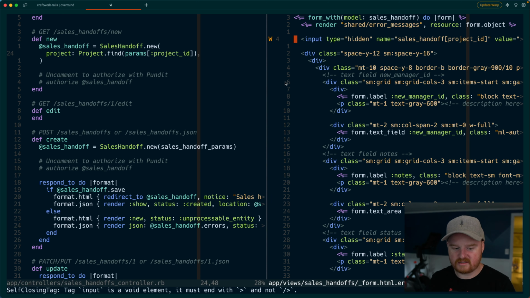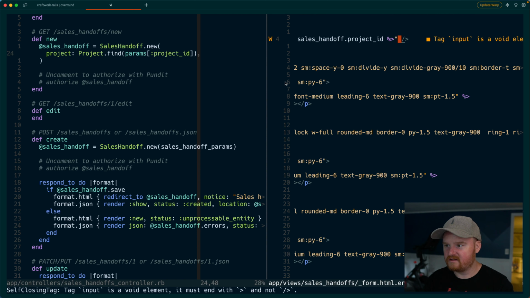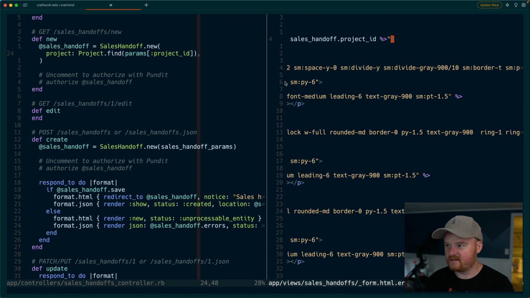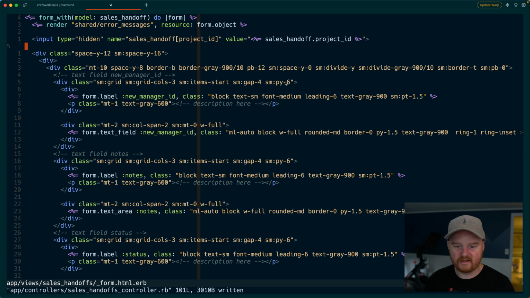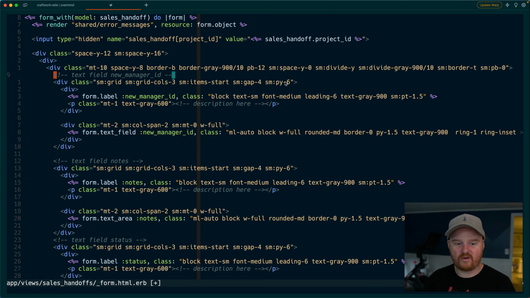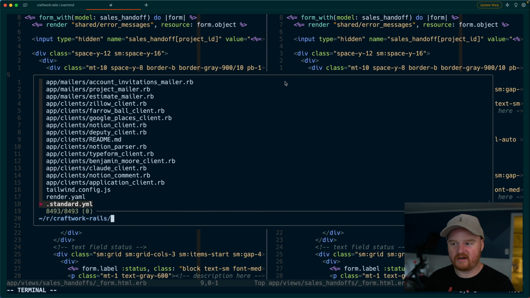I don't know what's up, why this is, okay. It says hidden inputs should end with this. I just installed Ale, which is supposed to help in Vim for highlighting, syntax highlighting and things like that. But yeah. Okay, so I've already got a select box in another form here called, I don't know, what is